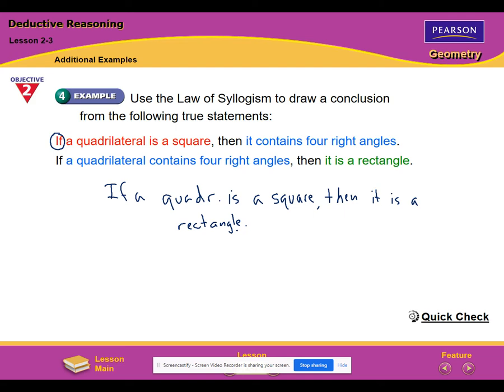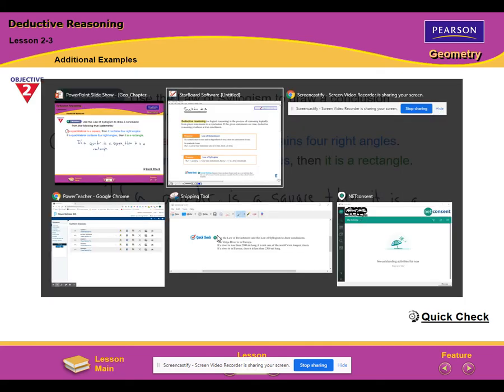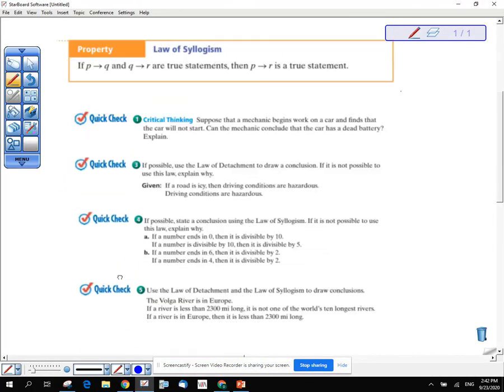Okay, and one more thing. Nope, sorry, 2 more things. If possible, state a conclusion using the law of syllogism. If not possible, okay,